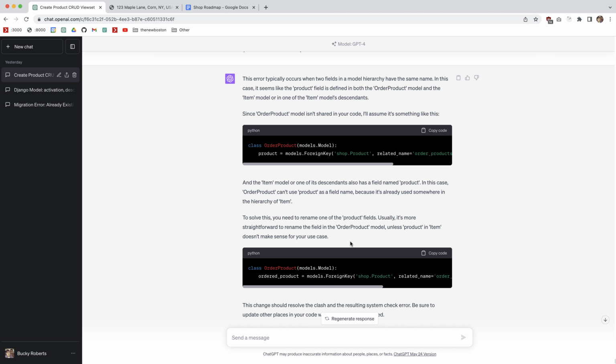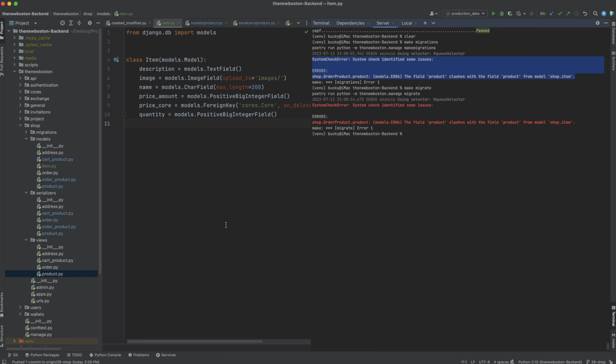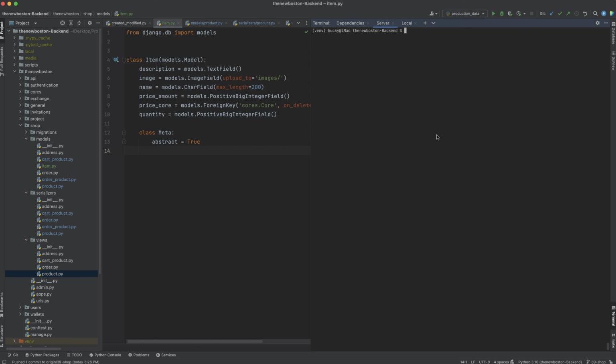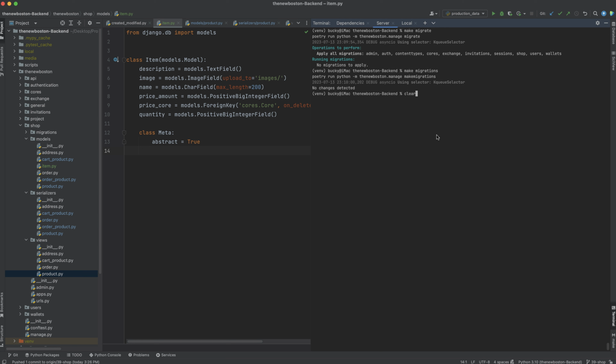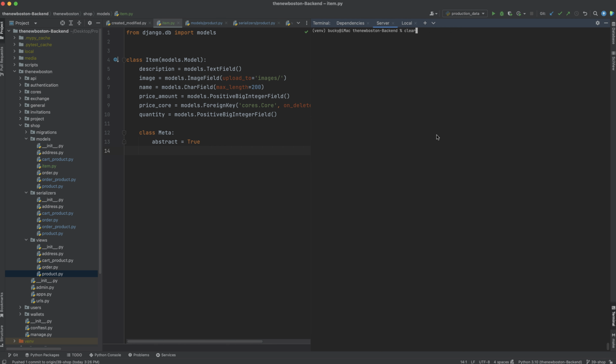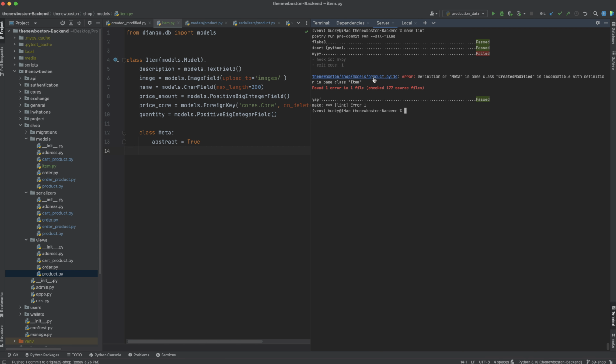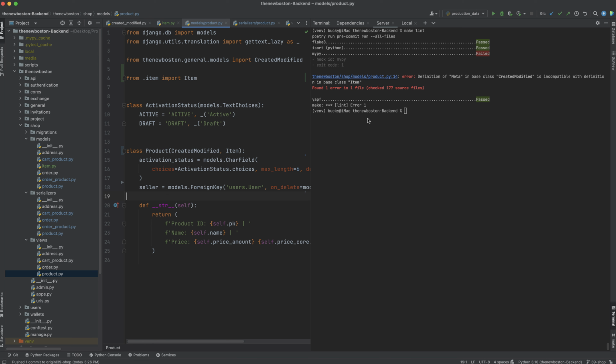You know what I'm going to do is I think it might be better just keep this here. Let me see this. Make migrate. All right, so I think that this is the best solution here. So this code structure, it seems to be fine. It's just that MyPy isn't really liking it. So in this line,